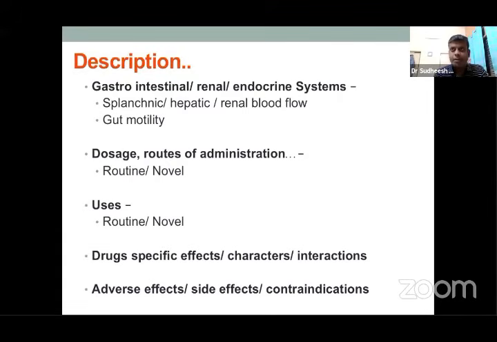Whenever you take sodium bicarbonate with any of your local anesthetics, unless you use it in a prescribed dosage, there is always a possibility of precipitation. So that way, you should understand, you should read about those interactions. And finally, the adverse effects, side effects, and contraindications. So what are the specific contraindications? What are the relative contraindications? And adverse effects and side effects, you can actually read while injecting, and then once you inject, what are the side effects and post-operative side effects. That way you can classify and read it so that you can retain it better.